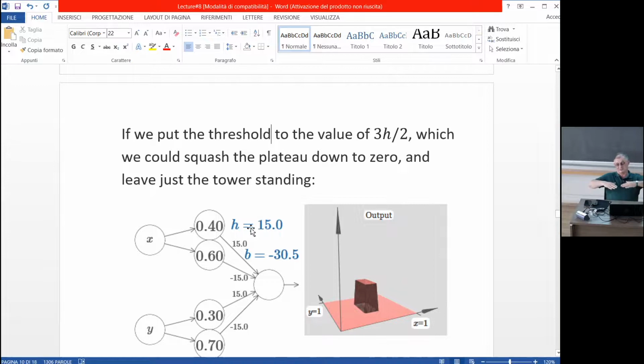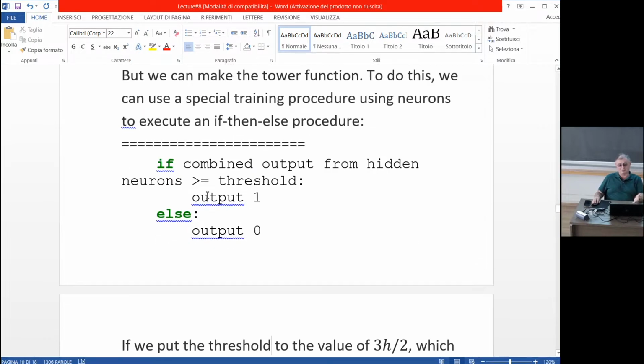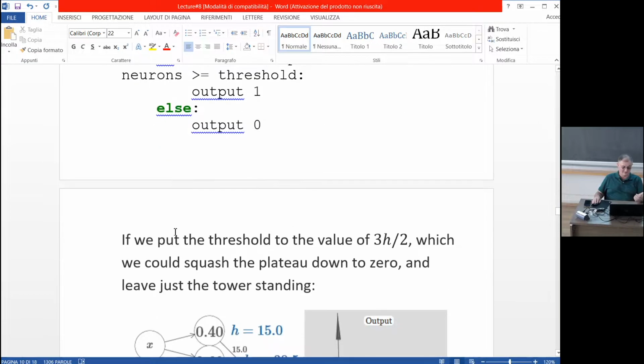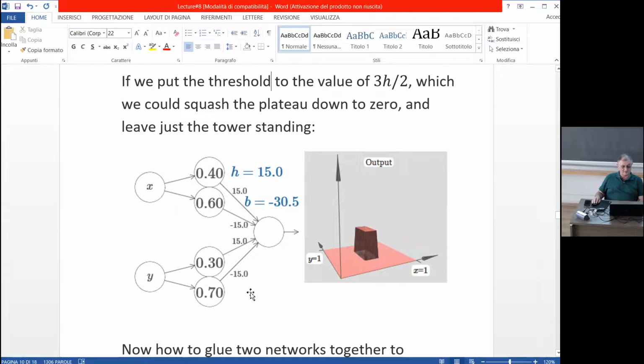So we could squash this plateau down to 0, by this procedure, because we are forcing, in this if then else, we squash our base to 0. So in this situation, you see, we can, for example, construct the network